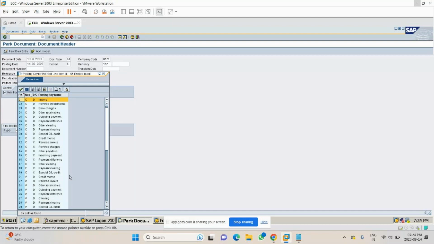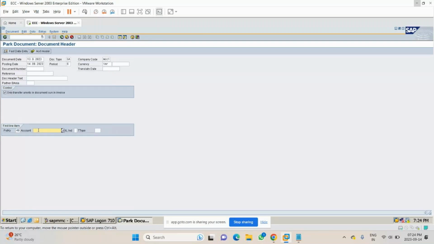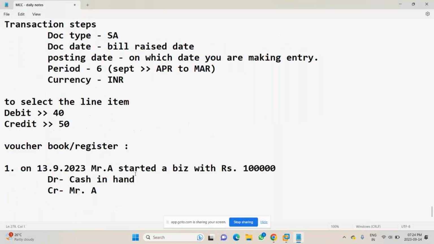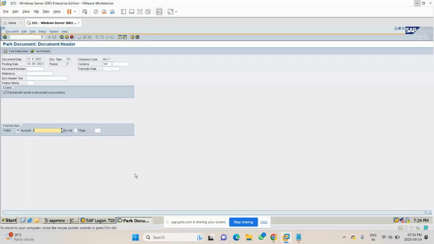Now I am taking here 40. 40 is what? Debit. So what do I have to debit here? We have to debit cash in hand. For the first transaction, what do we have to do? Cash in hand. Debit what comes in. So I cannot just type here cash in hand. It is wrong. We should not do this. For cash in hand, we have already created a GL account, if you remember. So I used to always give slash n, right? Now this time I'm giving slash o